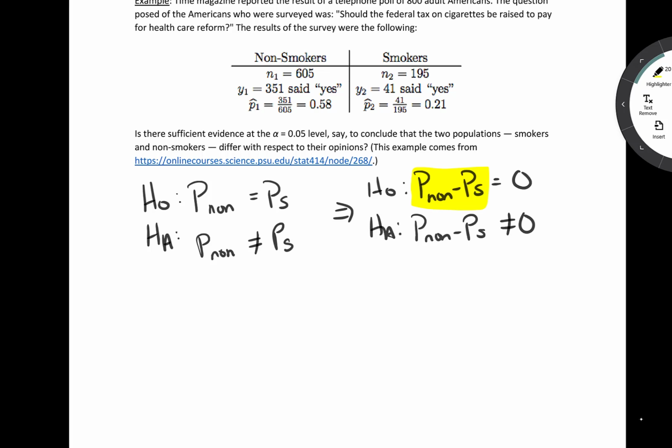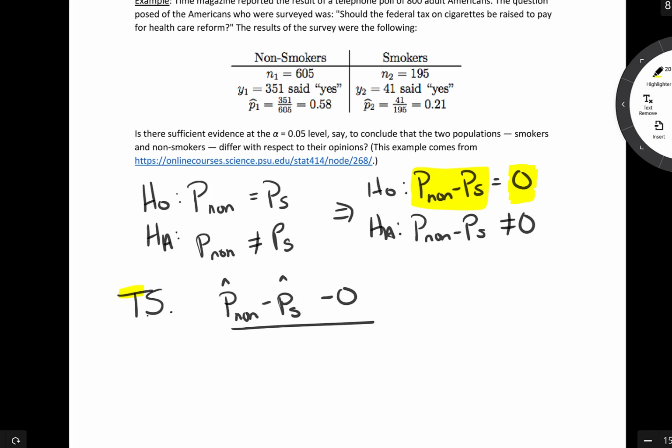So for our test statistic, our observed statistic that we're interested in is going to be p hat non minus p hat s. And this is again the reason I like writing my hypotheses the way on the left: it makes it very clear that under the null hypothesis, the value of the corresponding parameter is 0. So really we have a minus 0 here in the